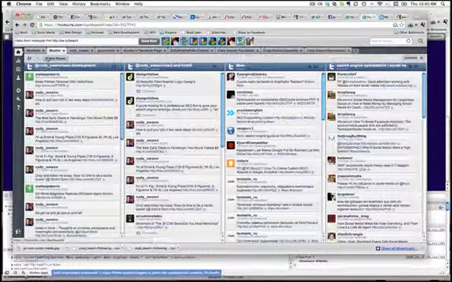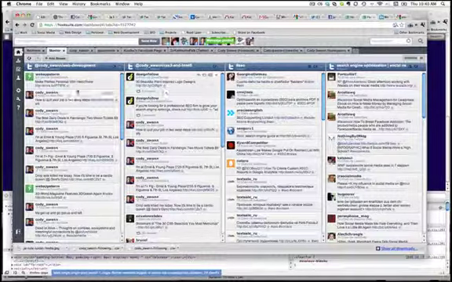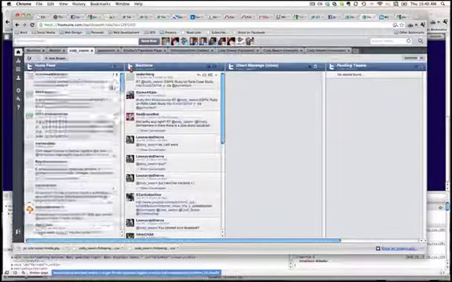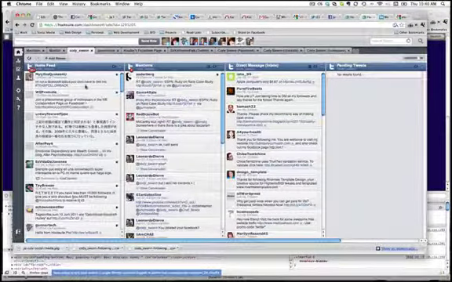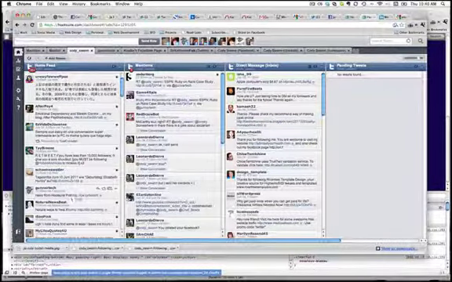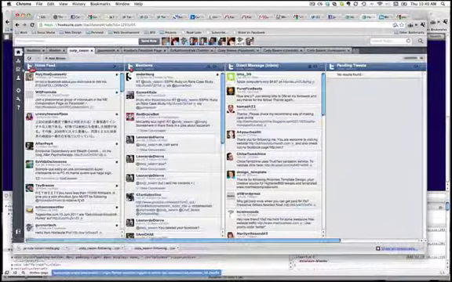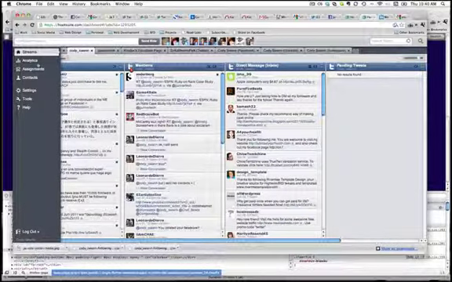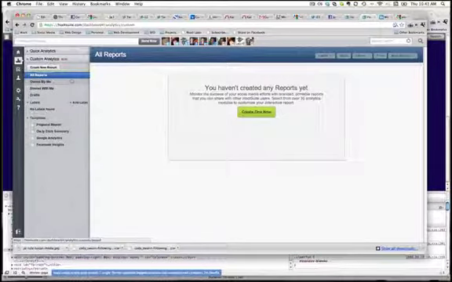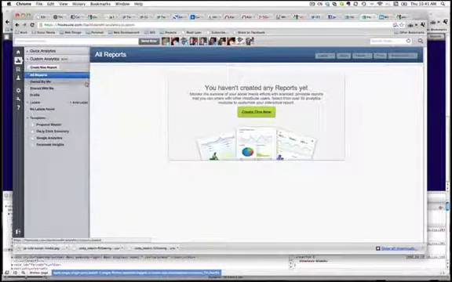So let's go ahead and send this now. And message posted, and if we go to our account here, we should see that my message was posted. Hello from Hootsuite Pro. Very cool. Alright, so that's basically how you work with the tabs and the panes. Now, analytics is something else that Hootsuite offers,